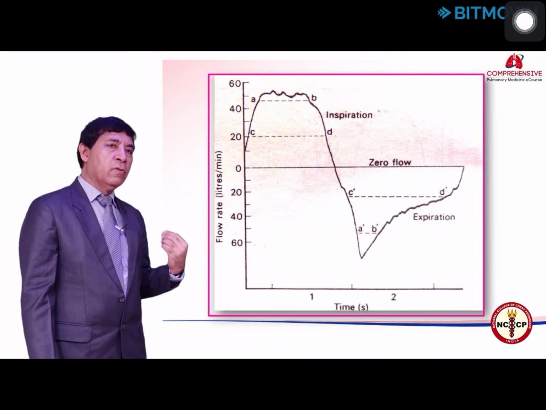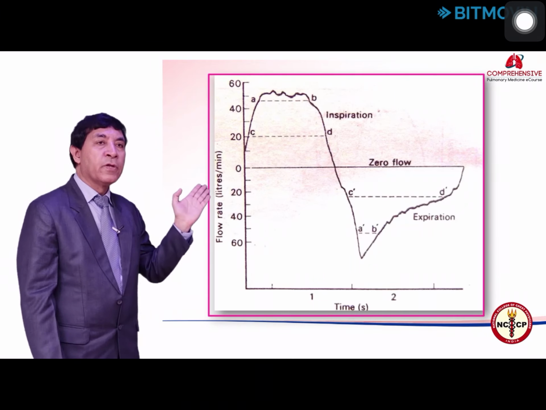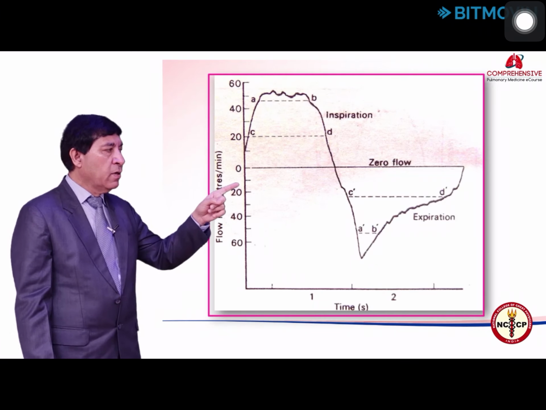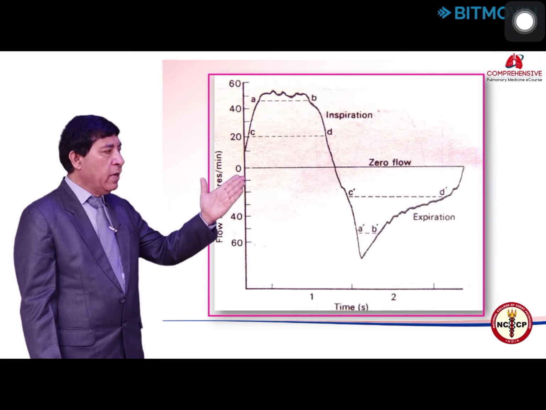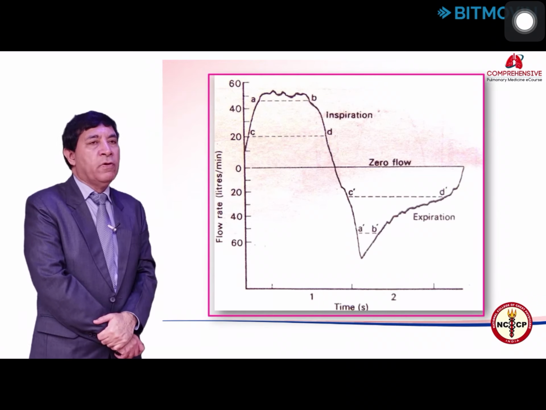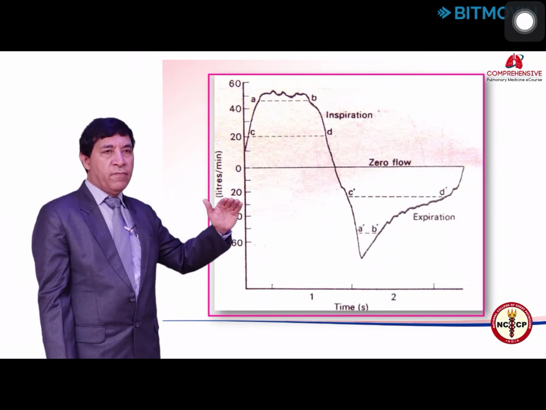But when you hear on the chest wall, as you can see here, the A, B, the inspiration can still be appreciated, but during expiration you can only hear the A dash, B dash portion, because subsequent to that, most of the sound will be attenuated in its movement across this. And that is why the expiratory phase is shorter.